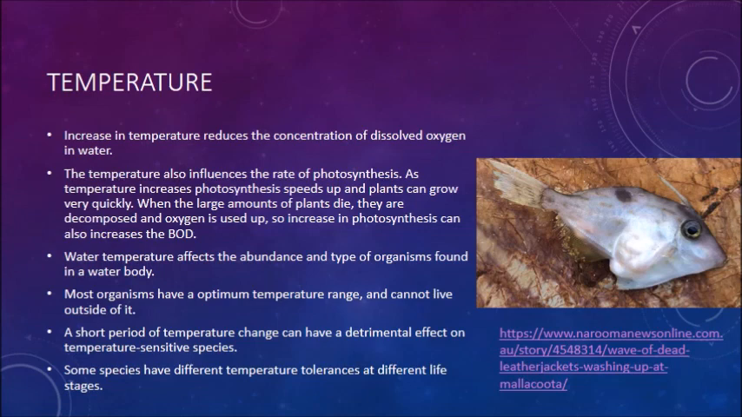The temperature also influences the rate of photosynthesis. As temperature increases, photosynthesis speeds up and plants grow very quickly. And we just talked about in the last slide that when plants grow very, very quickly, then the oxygen is used, then the plants die, then they're decomposed and the oxygen is used up. So sometimes an increase in temperature acts just like an increase in nutrients. Okay? Leads to the plants dying, decomposing, oxygen used up,